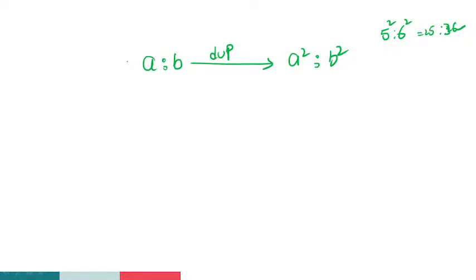Just remember, guys, this point. A is to B, duplicate ratio is A square is to B square. Next point,